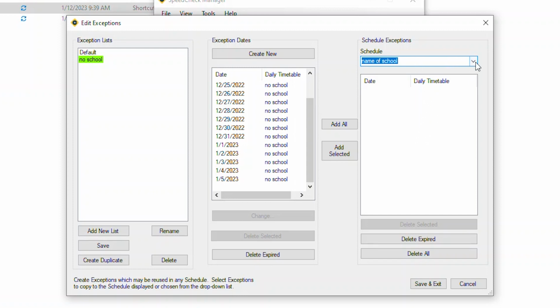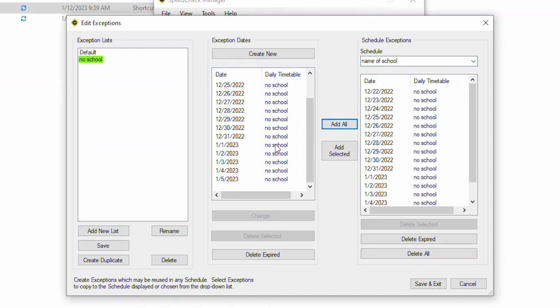So this step is really important. Make sure that you choose the schedule up here. Once you've done that, you just click Add All, and it'll move over all of the dates that you've put over here to that schedule as exceptions. You can add them individually if you want, or only add a couple with Add Selected if that's how you want to do it.